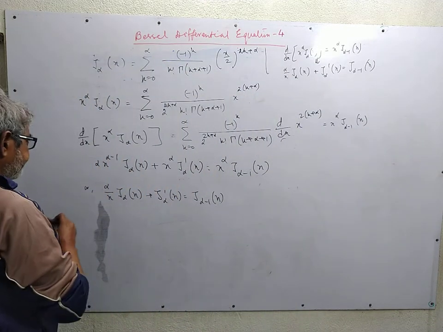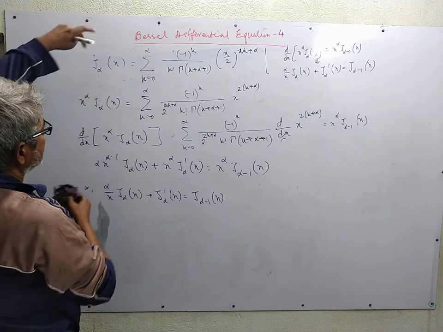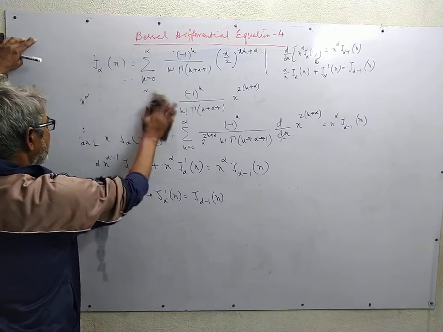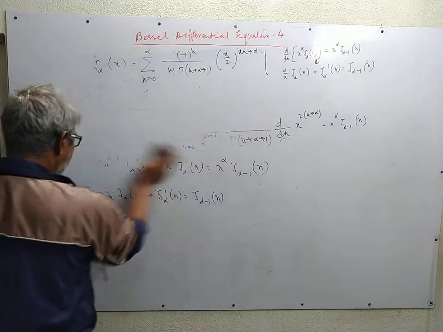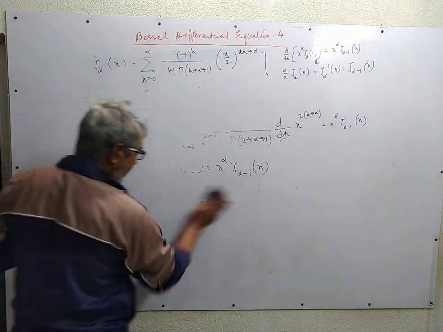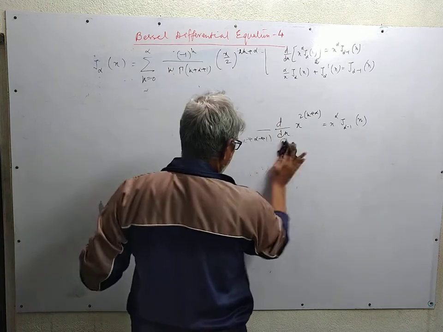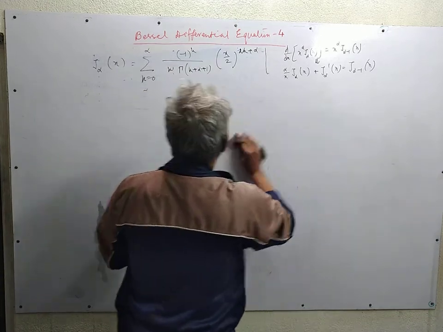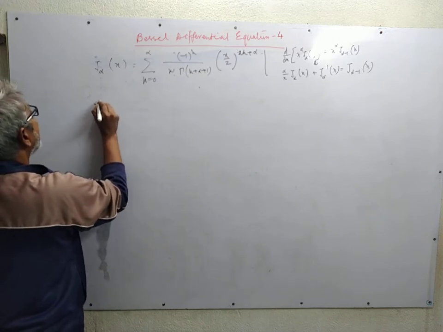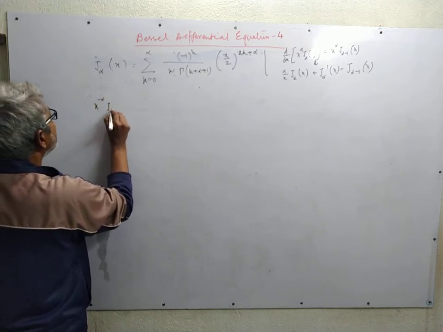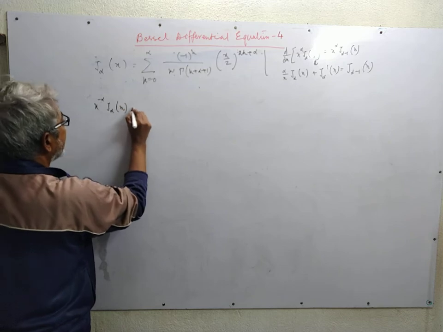Now we multiply this relation once again by x to the power minus alpha, move the sides and take the derivative of it. So when we multiply the sides by x to the power minus alpha, we have J alpha of x is equal to